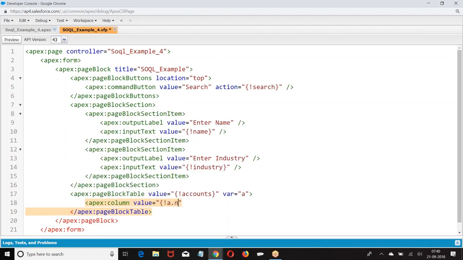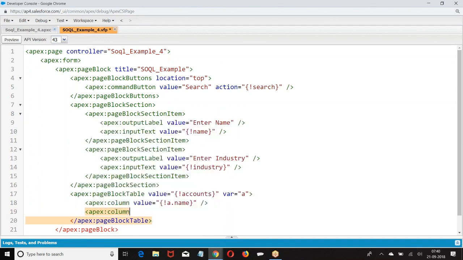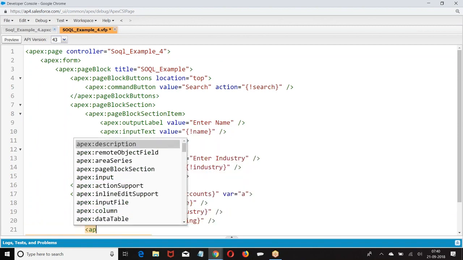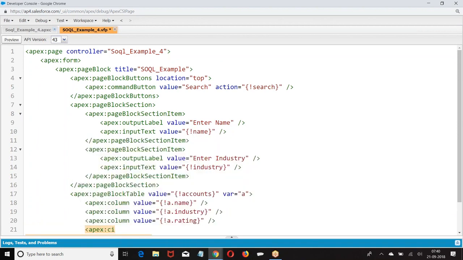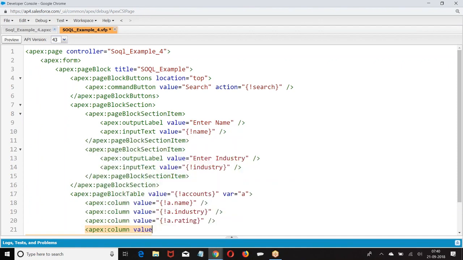Query equal to a dot name. Query equal to